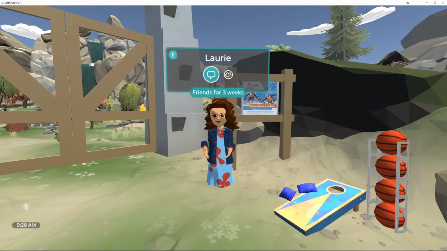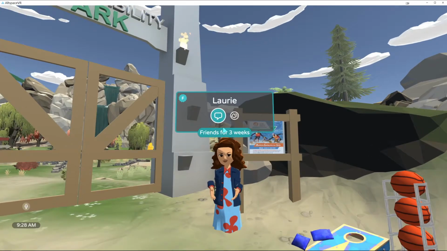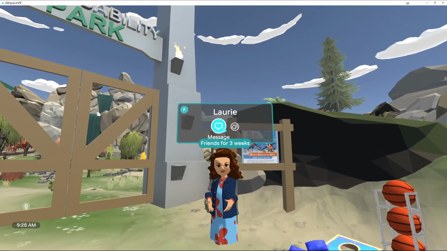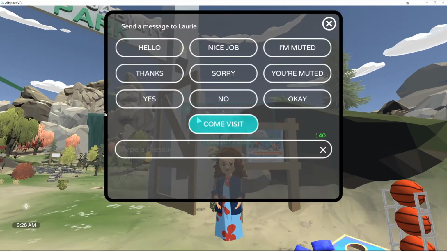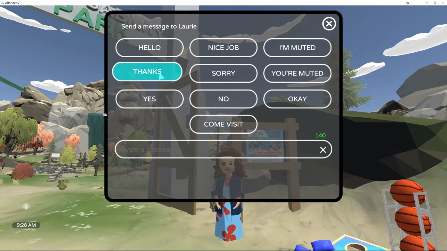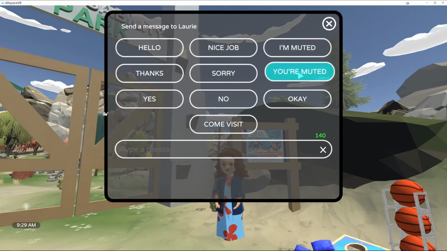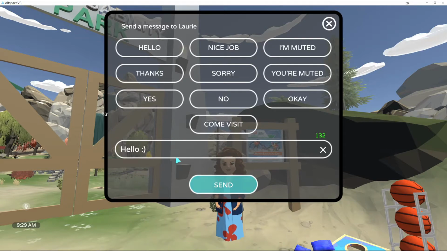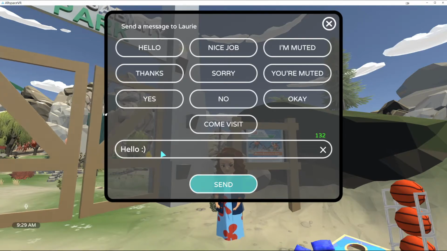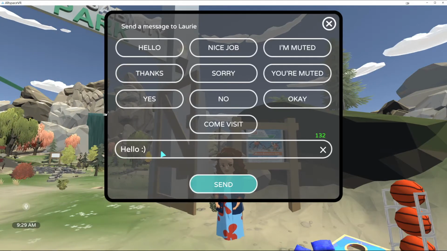Another way you can communicate is, once I click on her avatar here, you'll notice above her head there are some options, and one of them is message. If I click that, it's basically like sending her a text message or a chat message, and they have some pre-written messages that you can send just by clicking on one and clicking send. But I'm on a PC, so it's easy for me to type in a custom message. So here in the message box,